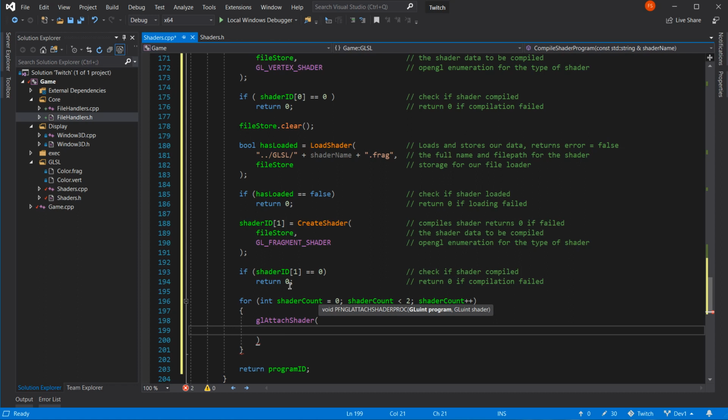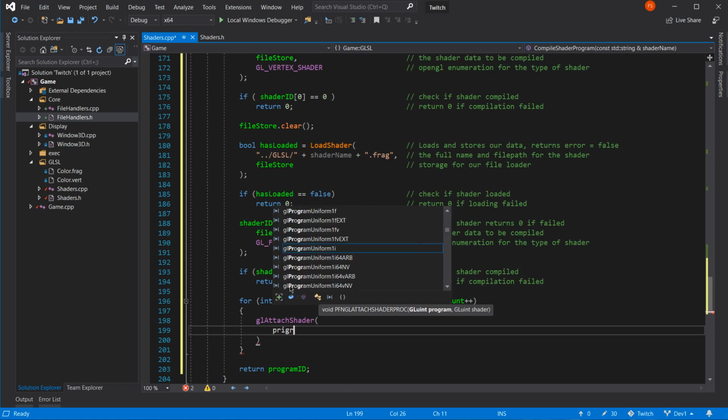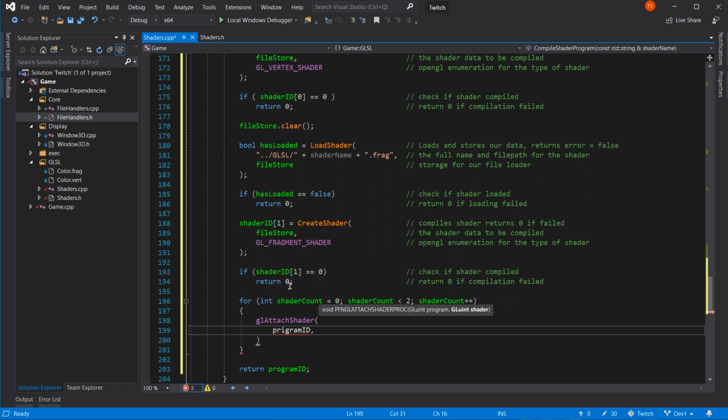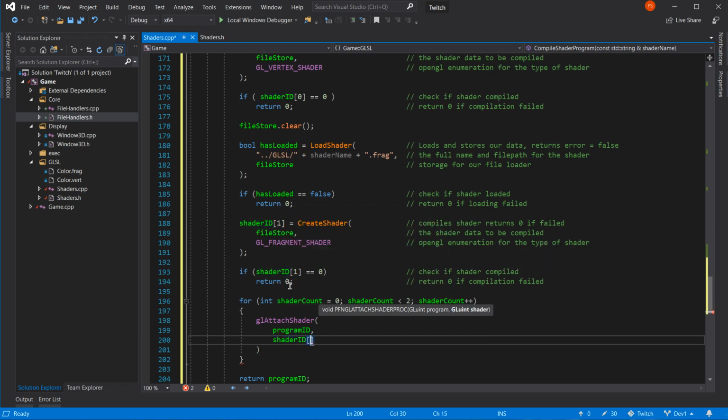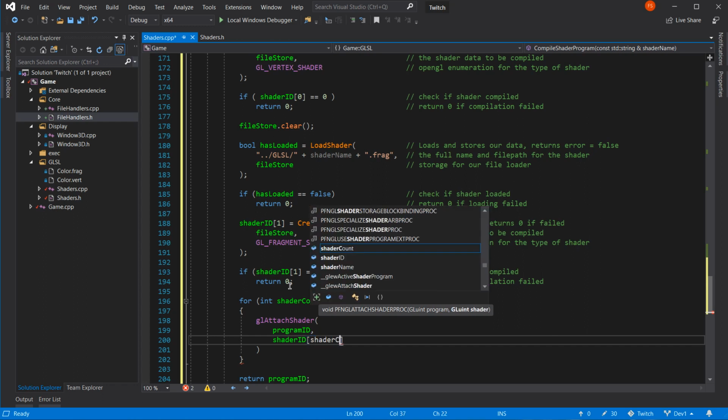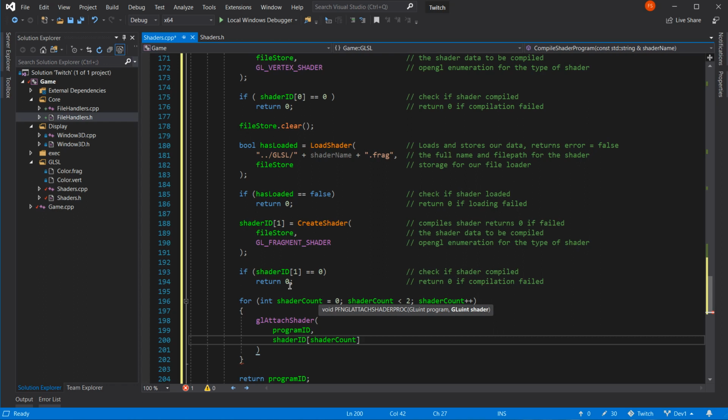So program is program ID, and its part is a shader ID, open brackets, shader count. There you go. That's it.